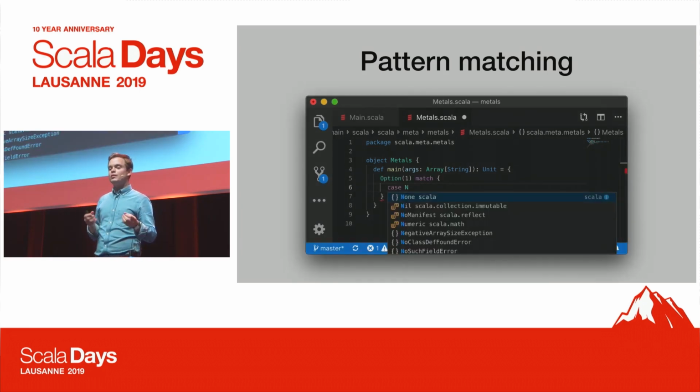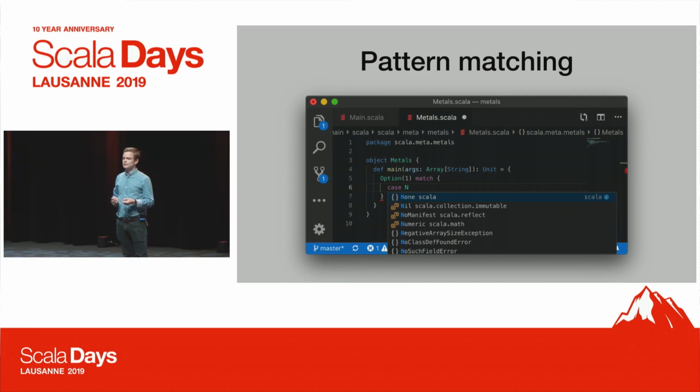And another polish, it's just a small thing, but it's one of these things that required a bit of thinking, was that if you have case and you do N, we know that None matches the type of the qualifier of that match. So we'll sort it at the top, but we don't filter out the rest, because it might be that you want to do Nil dot something else, or it would be an expensive analysis. But just the sorting is customized and tweaked and polished.